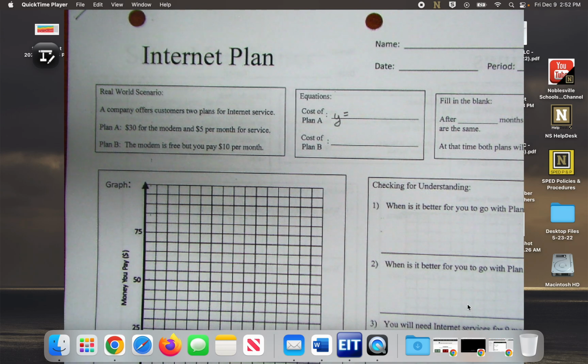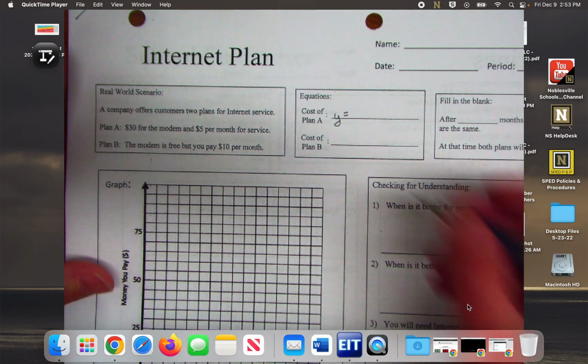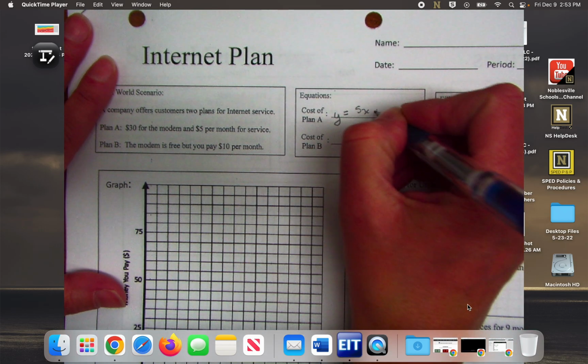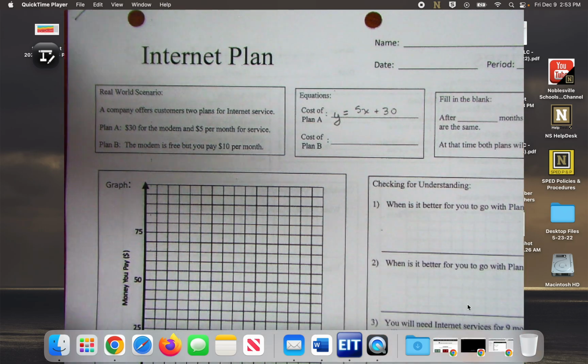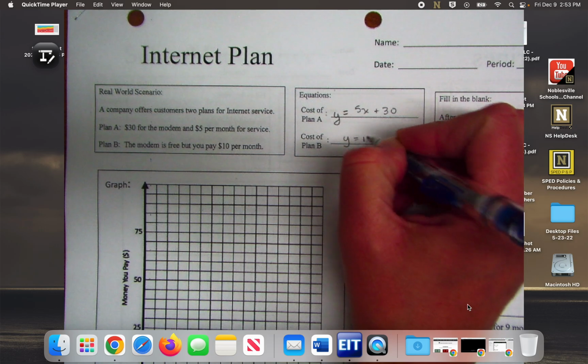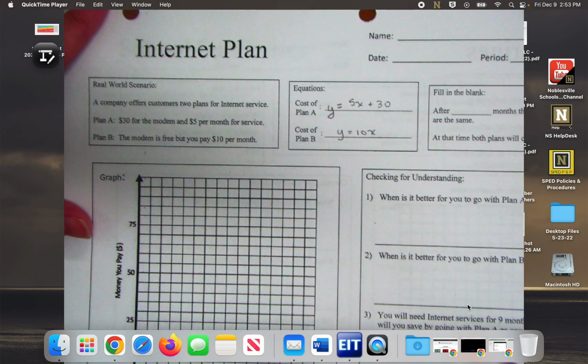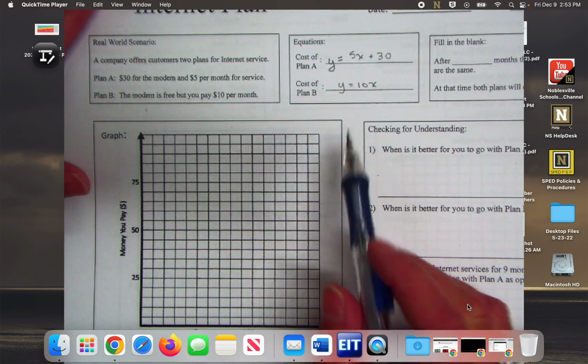So for plan A, what would my linear equation be for plan A? What would it be, Jack? Y equals 5x plus 30? Yep. And what would my linear equation be for plan B, Cohen? Great. So now we're going to take these